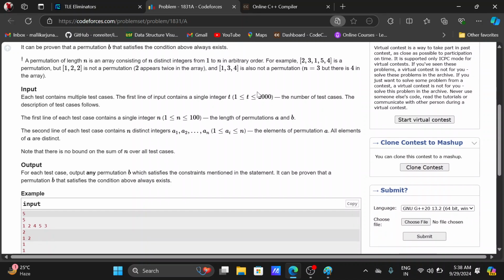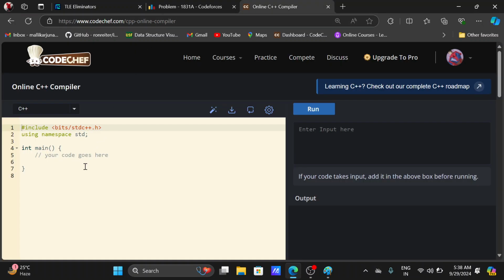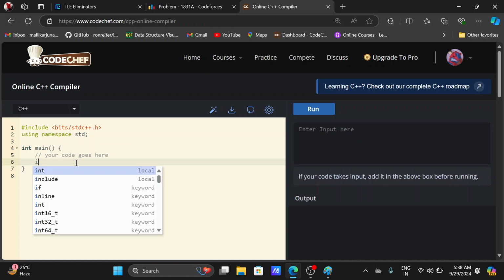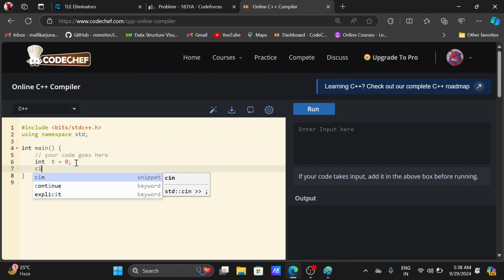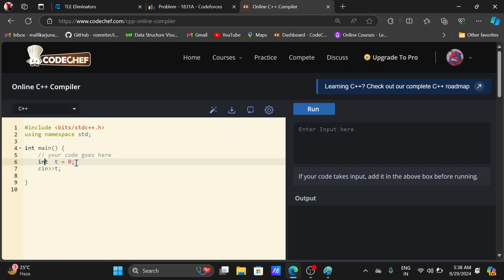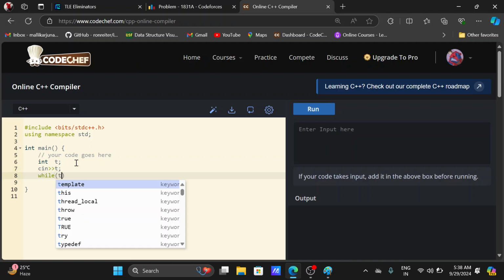And up to 2000 test cases are there. So let's write code for 2000 test cases, with the counter starting at 0. Now on every test case,